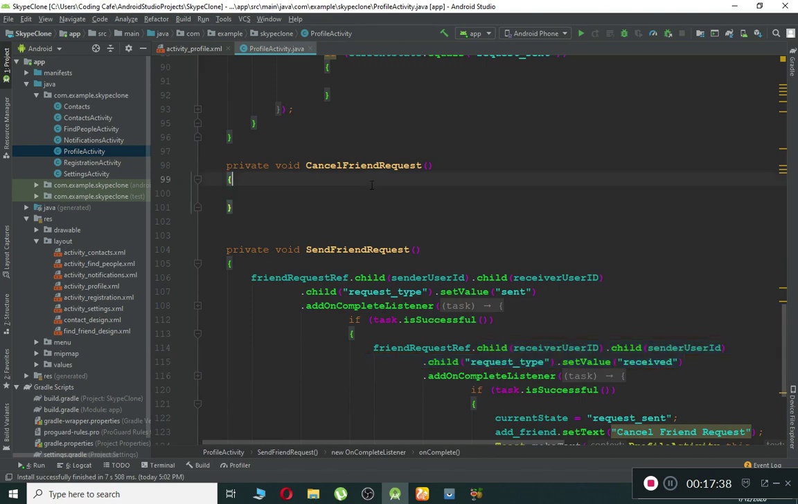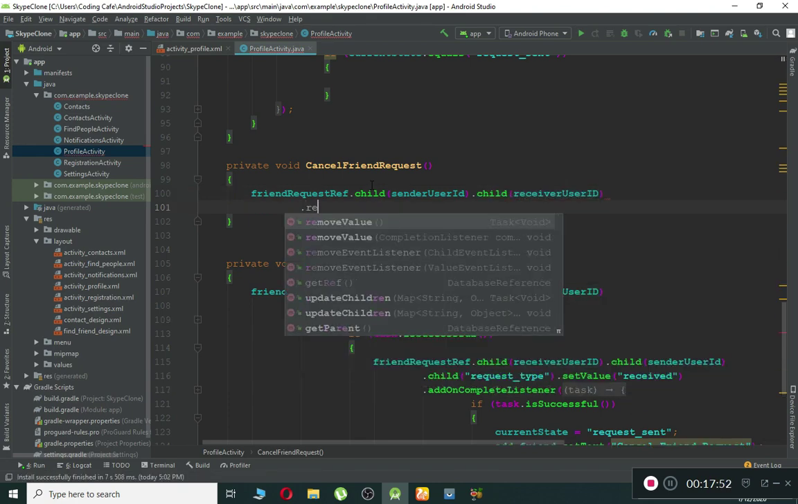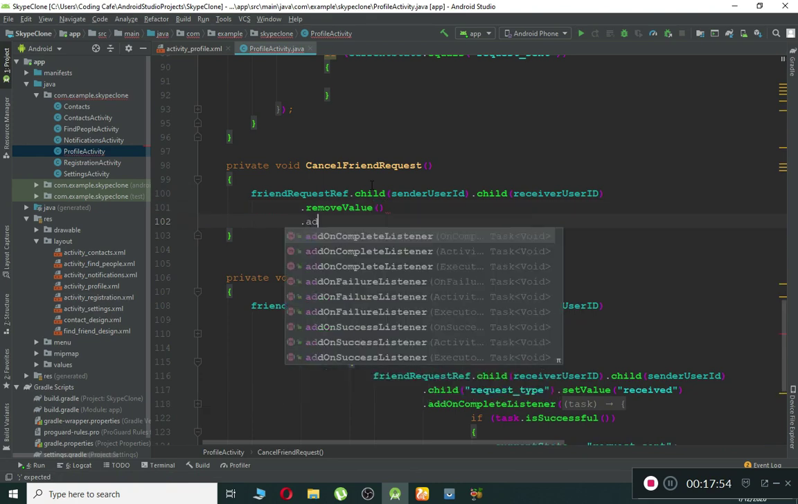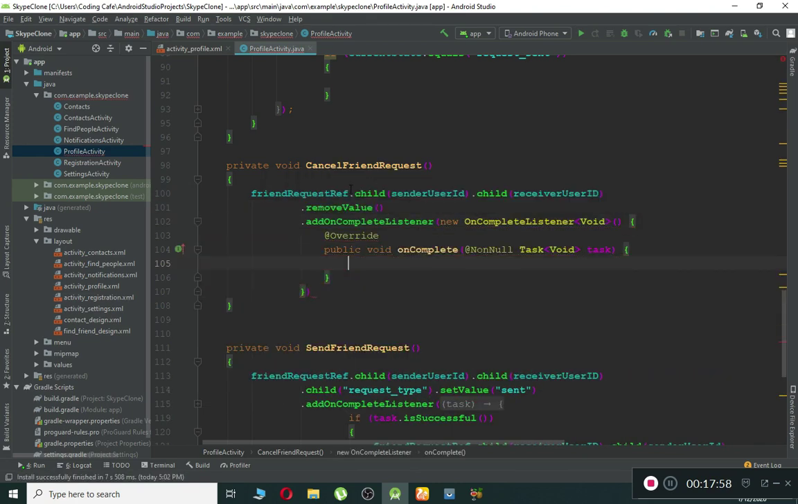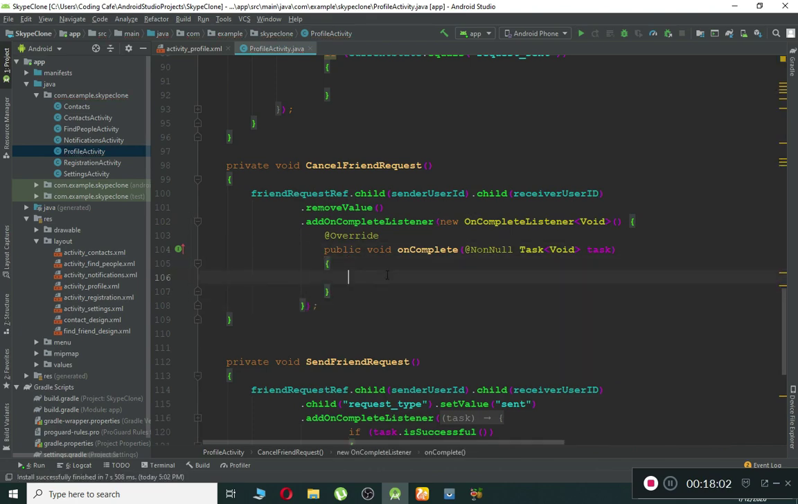So for that we will use the same reference, which is our friend request reference dot child. First we will have the sender user id dot child receiver user id, and then we can just say dot removeValue dot addOnCompleteListener, new OnCompleteListener. Make sure to put a semicolon here first. Then here we will say if the task is successful,